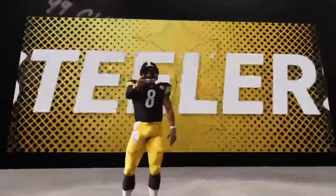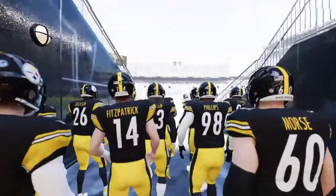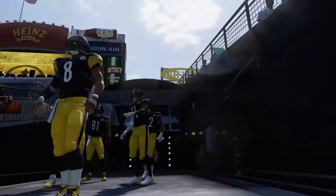Today, from Heinz Field in Pittsburgh, it's Week 2 of